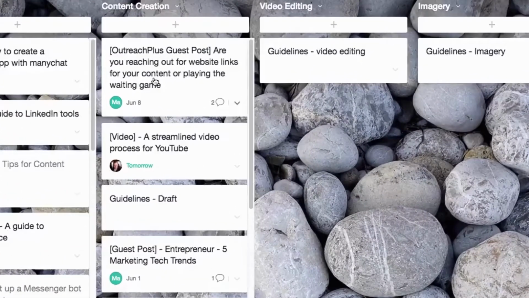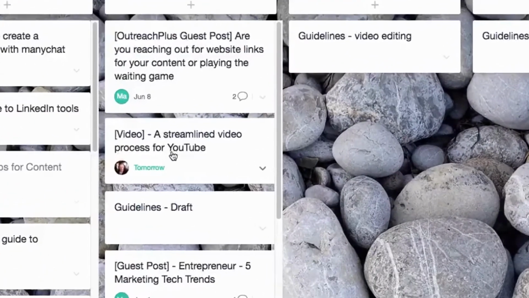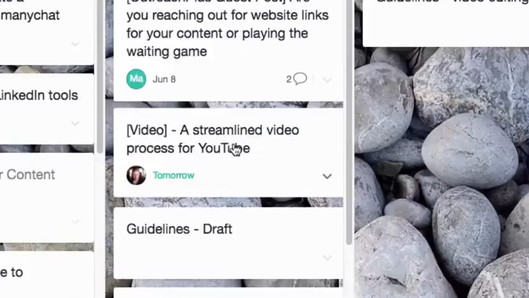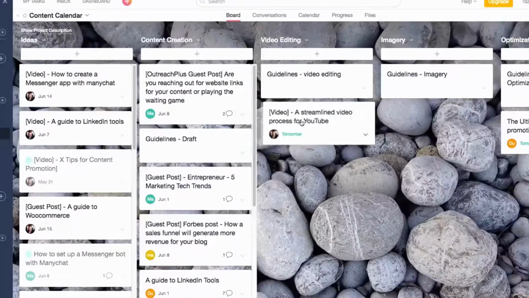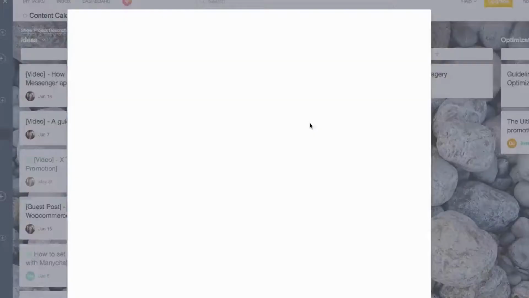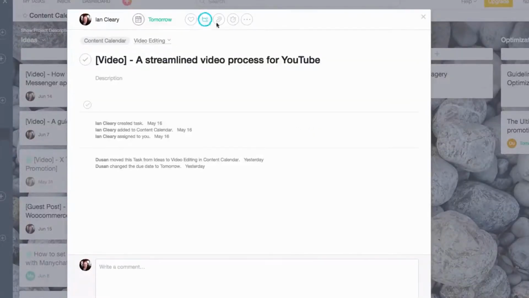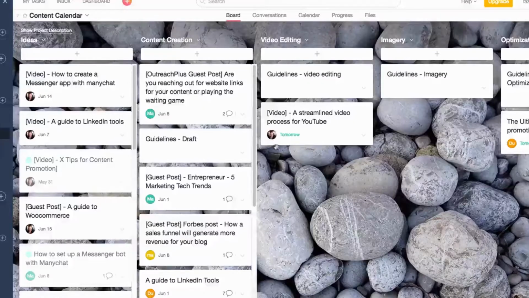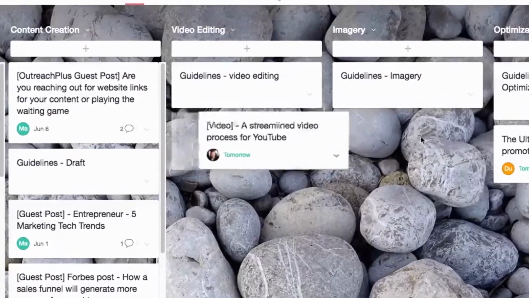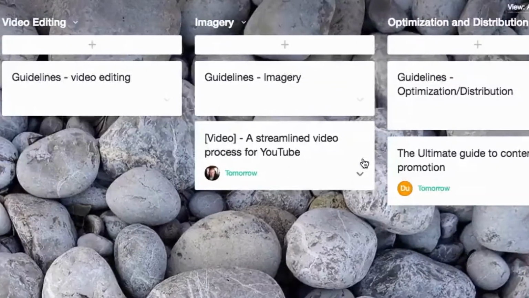When I'm creating the content, I move it over here. For example, this is the video I'm currently working on, a streamlined video process for YouTube. When I've finished creating it, I'll pass it on to my editor. I'll drag it in here, and then I'll go in here and I'll create a subtask for the editor to edit the video. After that, then we'll create some imagery for the video, which is just a thumbnail for YouTube,